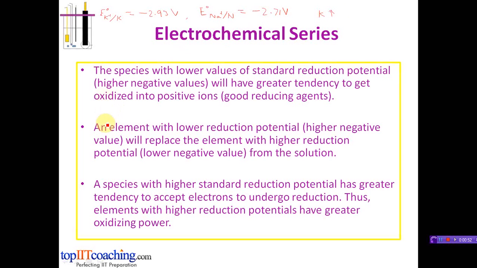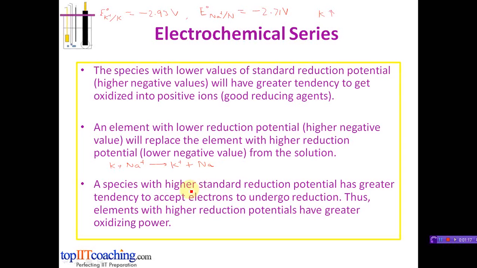The next conclusion from the series is that an element with lower reduction potential, that is higher negative value, will replace the element with higher reduction potential from the solution. Thus, potassium can replace sodium ions from the solution. So we can write that potassium plus sodium ions will give us